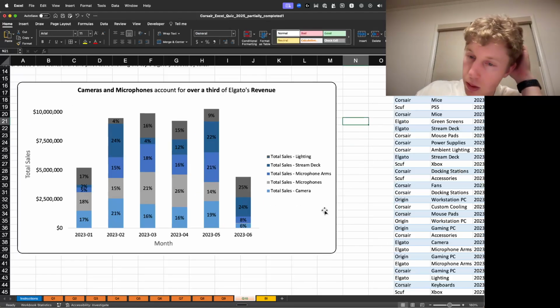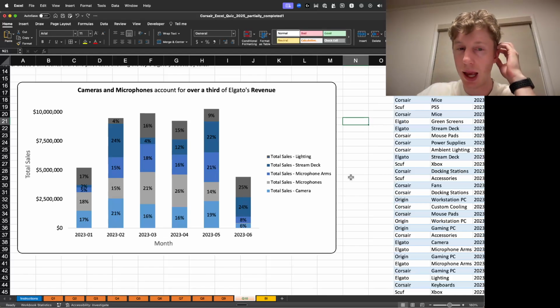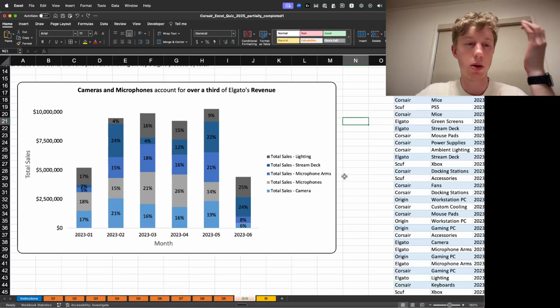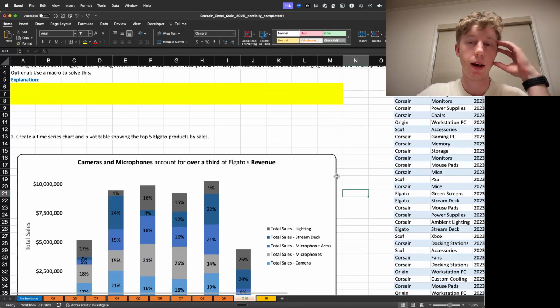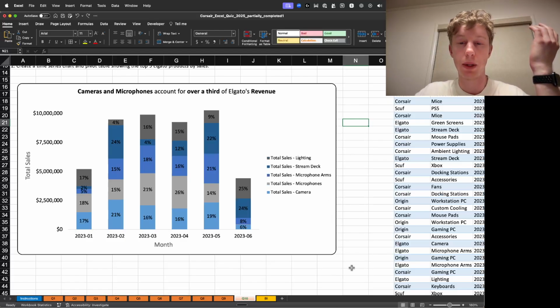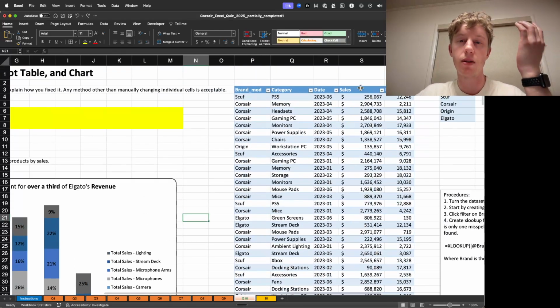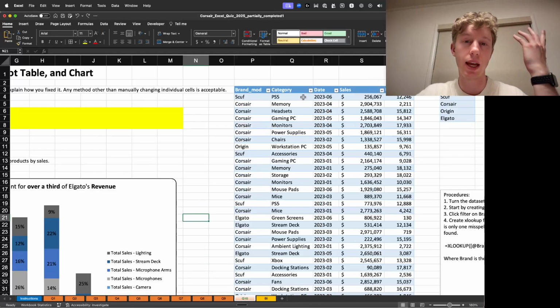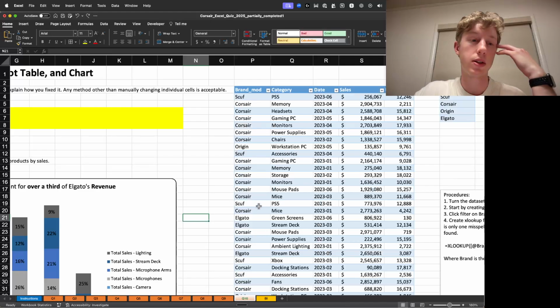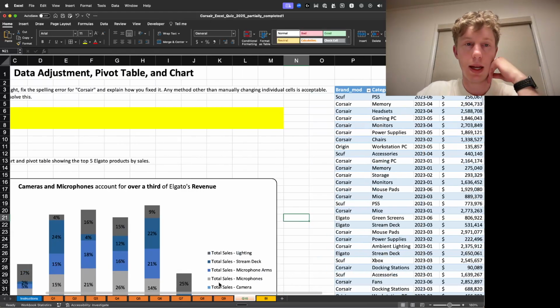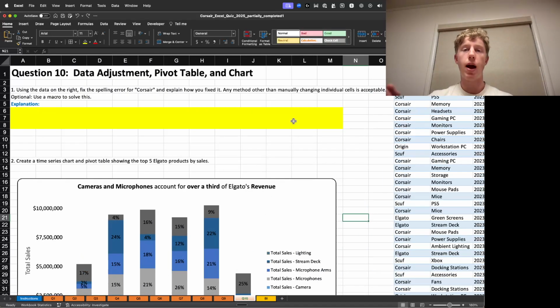And yeah, so that was one way that I had thought about of doing it, but I'm sure there are plenty of other insights that you can pull out from the data set. This was just something that I came up with based on what we had. So we have sales, we have units, and we have the date, as well as the category for each of these products as well. And so, yeah, that is the wrap up in terms of the Excel portion of this